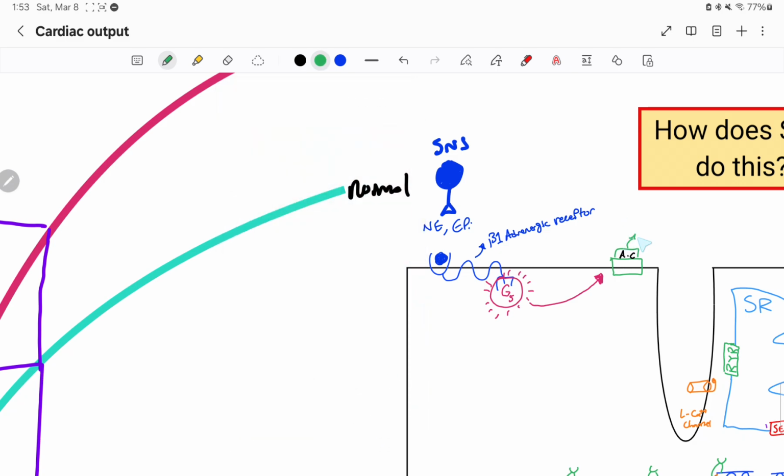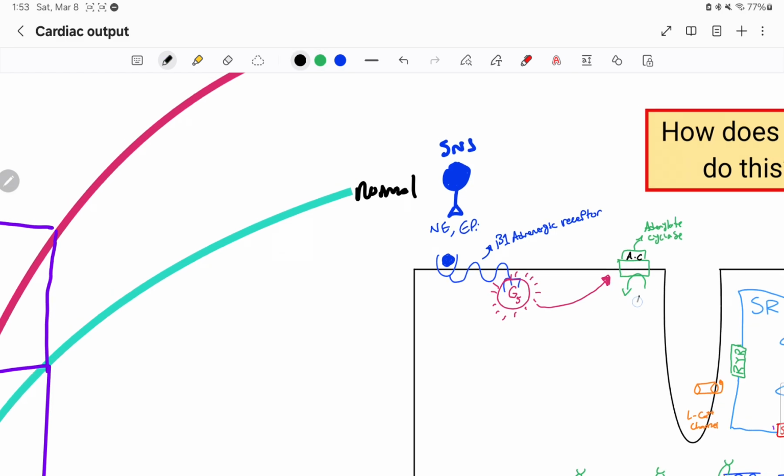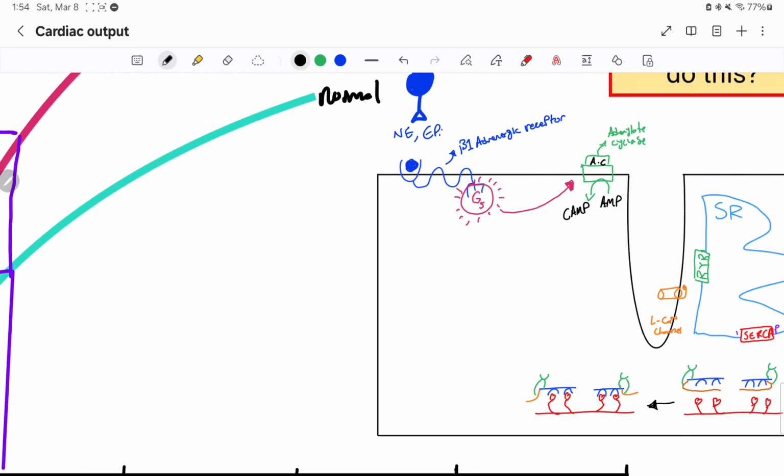This enzyme is called adenylate cyclase. This is what AC stands for. Adenylate cyclase. And what this guy is going to do is he's going to take a molecule that you guys know called AMP, so adenosine monophosphate, and it's going to cyclize it and turn it into cyclic AMP. This cyclic AMP is a very cool molecule. It's a secondary messenger. It will go and